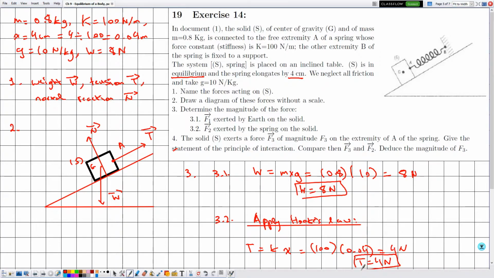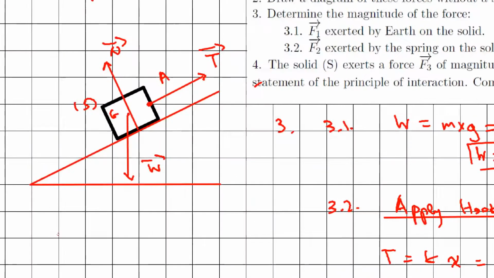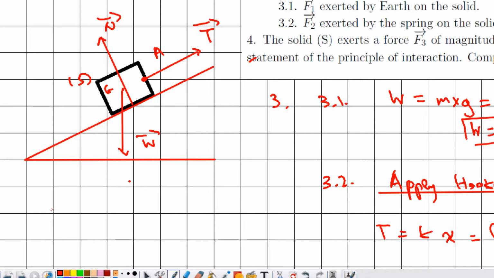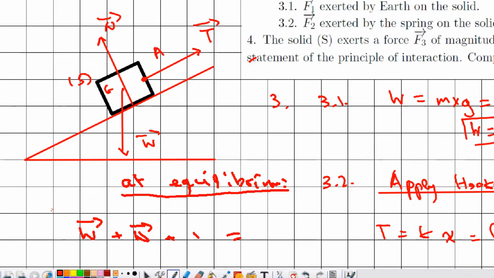Now let's recall why we calculated the tension using Hooke's law and not the condition of equilibrium, although we know the magnitude of the weight. So the thing is that if we refer to this diagram and we need to write the condition of equilibrium, as a title we will write at equilibrium. On the left hand side we write the different forces acting on the solid S given by the weight, the normal and the tension, and in this case we will say that W plus N plus the tension is equal to 0 vector. So in this case here it's clear that we have 3 forces that are sharing the